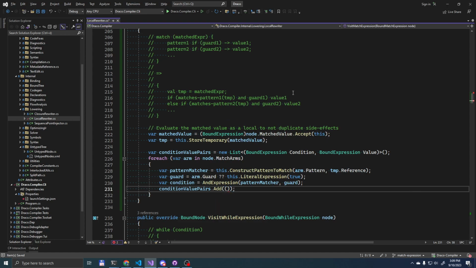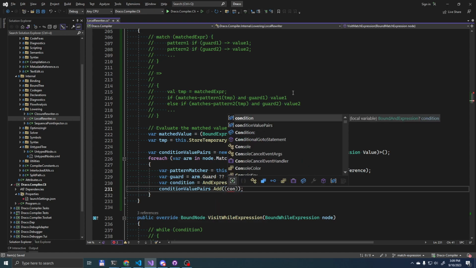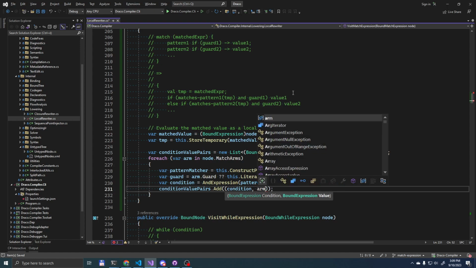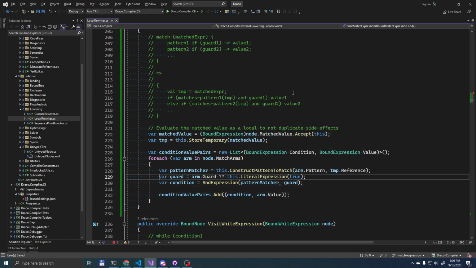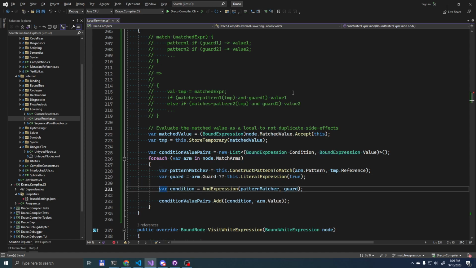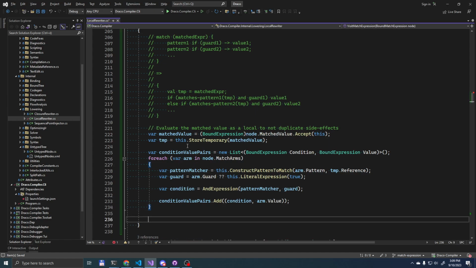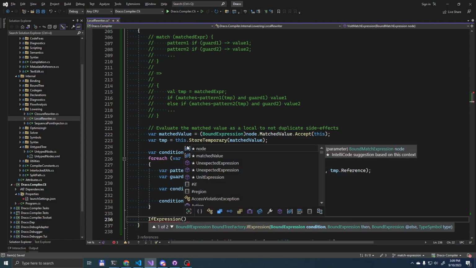Here we can add the pair of condition, and to that we assign arm.value. Okay, this took more for me to figure out than it should have, and finally we can fold this list of pairs into this else-if chain. This is the way we construct them, and I think that we need to